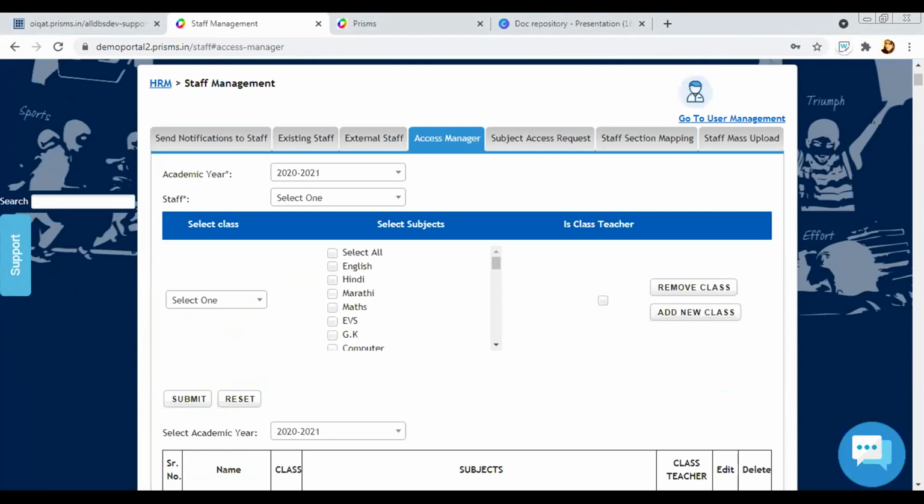Then next is subject access request. This we will take later on as staff must upload. What is this query? Can I have a look at what else is there? What address of the employee? Do they have permanent address? Nearest location of landmark. So in a staff form, what all do we have?